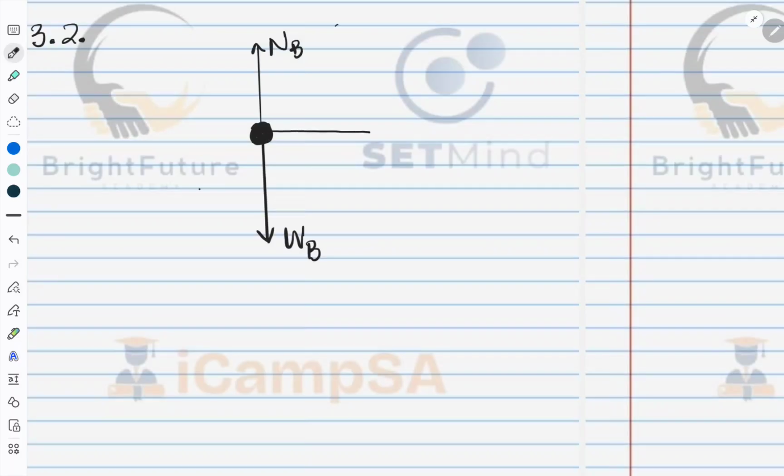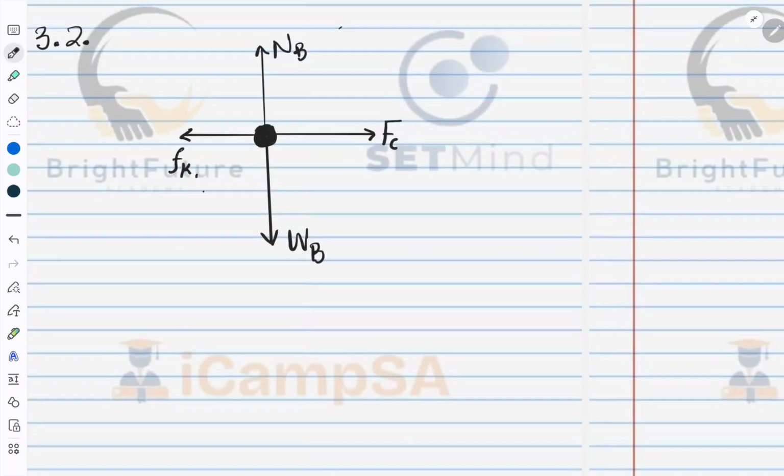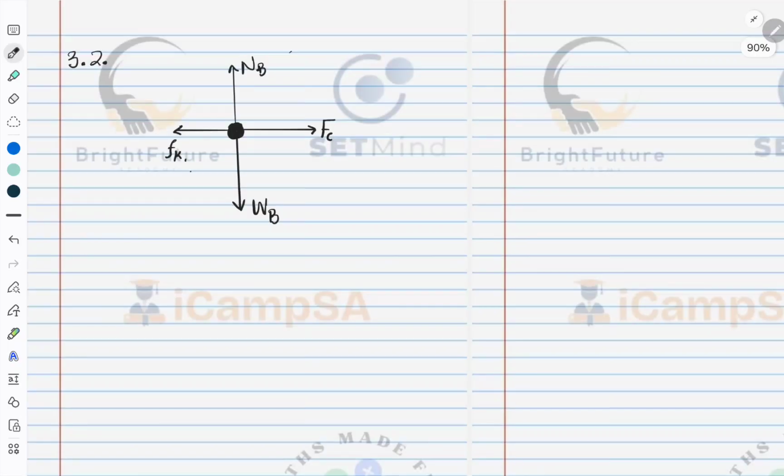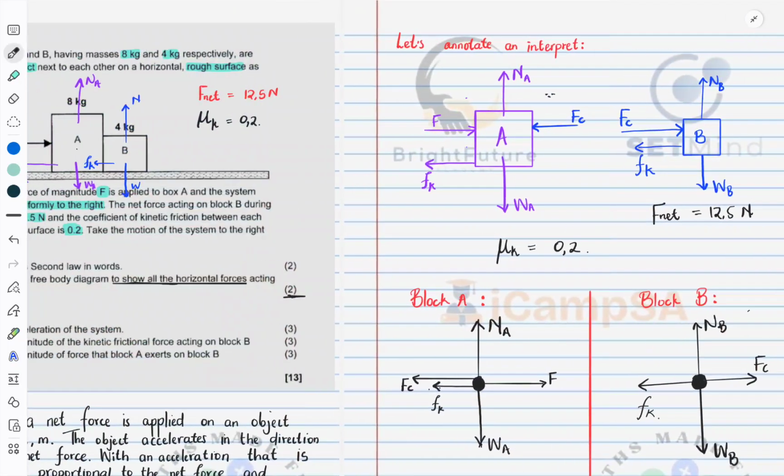So we'll have Fc, and then we will have, yes, much better, Fk. Yes, so that's how the free body diagram would look, right? And now we go to